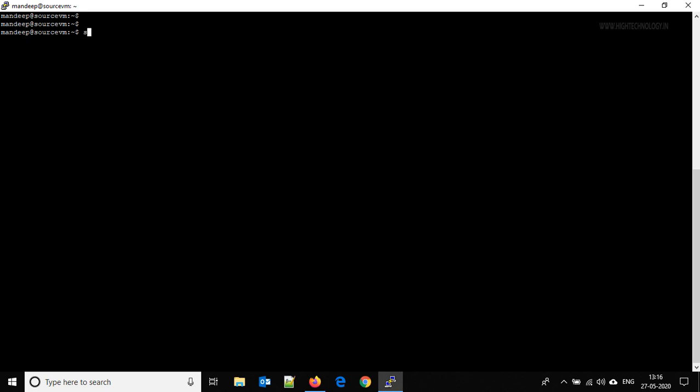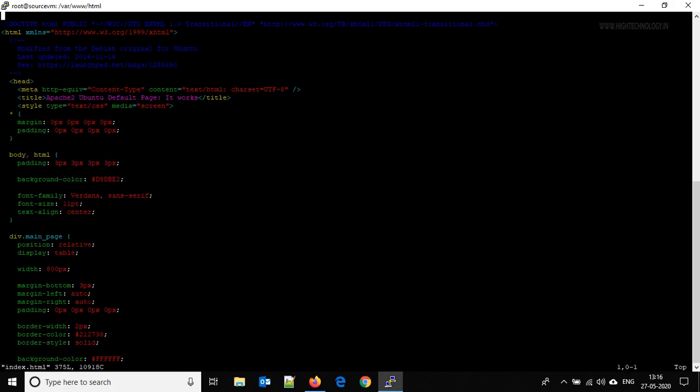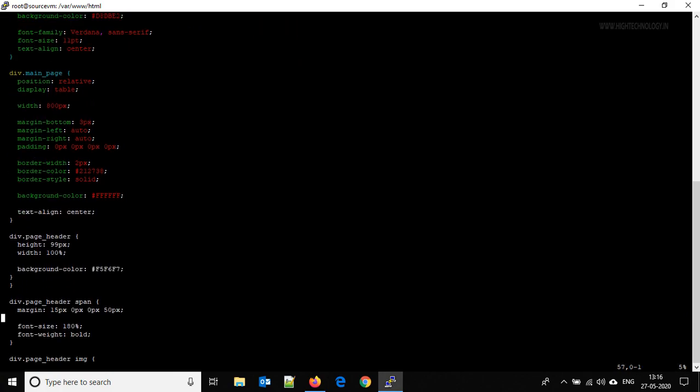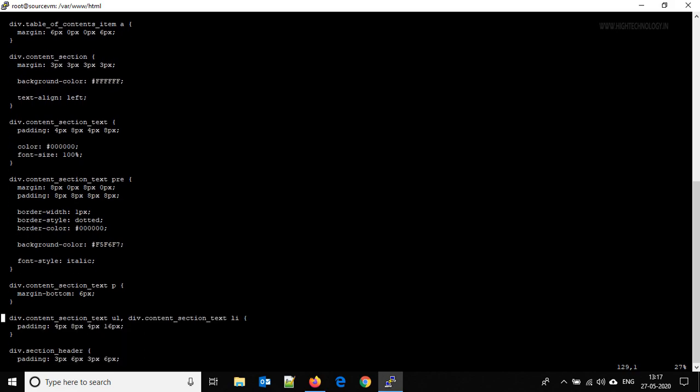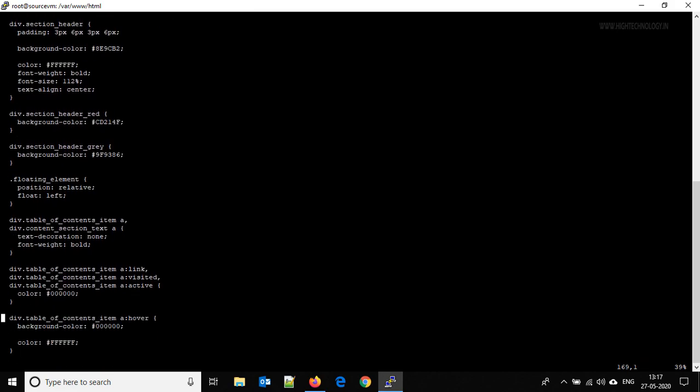For that, go to root, use the command sudo bash, then go to the directory, and then open the index file. This is the index file which is served by our Apache. We are going to change some of the content of this file.